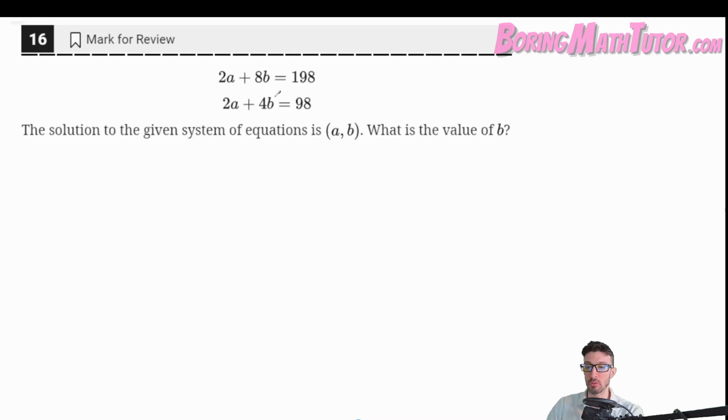The other thing you could do is you could subtract the 2 equations the way that they are right now, because these will cancel, and you'll just get 4b equals 100, and then you divide by 4, and then that just tells you that b is